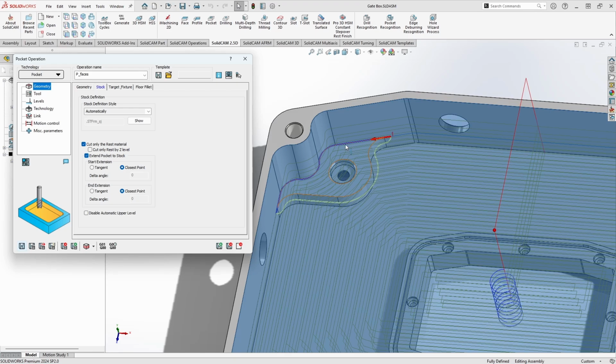If we zoom in a little bit, we can see that there's a very clearly defined wall on this side of the contour, so the tool knows it can't go in and cut any further in this direction. But the opposite side is an open contour. There's no material here, there's no part here, so there's no reason that we can't move the tool through this